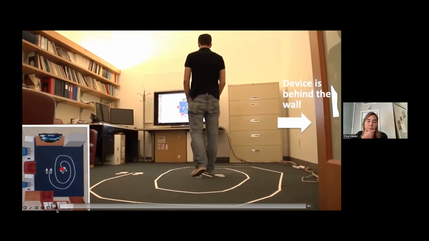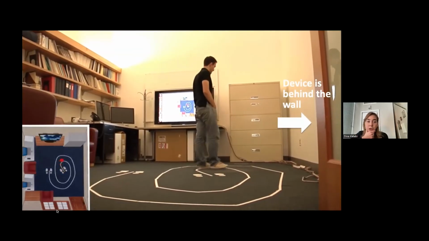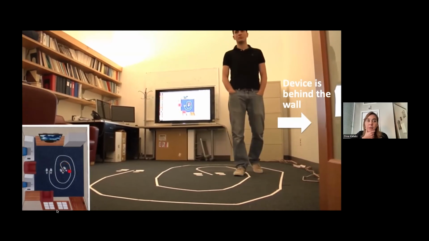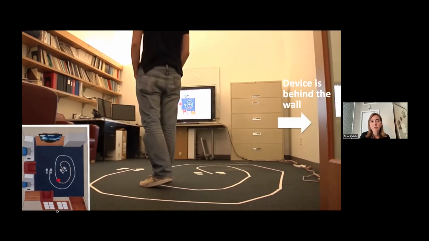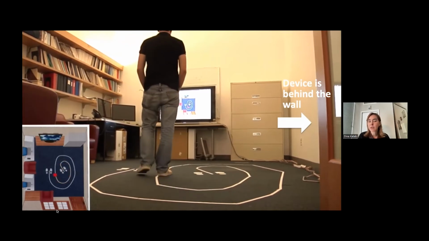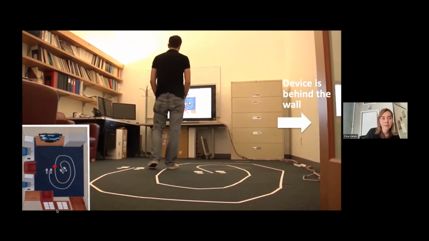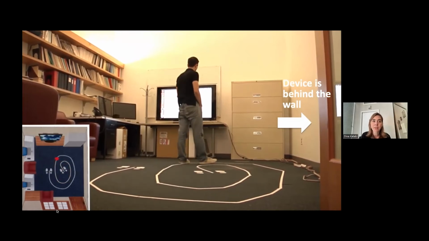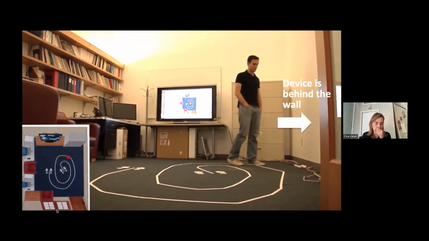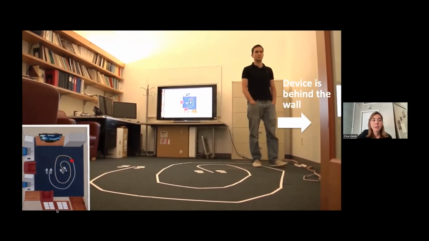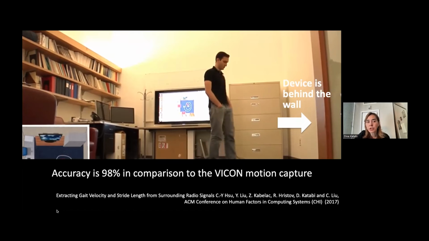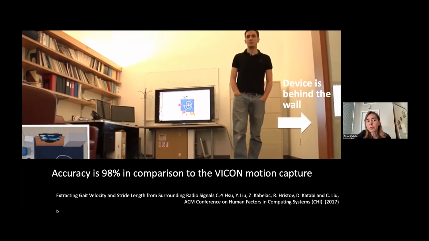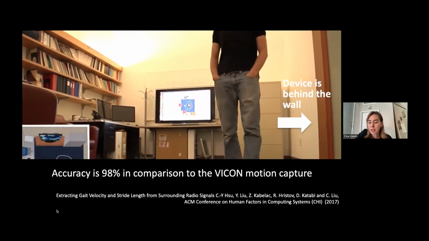And as the person moves, you see that the red dot tracks him. And remember that we are able to track his movements from behind the wall without asking him to wear sensors on his body, no actigraphy, nothing, just based on how his body changes the radio signals around him. Now, as you can see, we can track him accurately. And indeed, for everything that we do, we compare to the gold standard. In the case of motion, it is something called the Vicon Motion Capture Room. And this is what you see in rehabilitation hospitals.